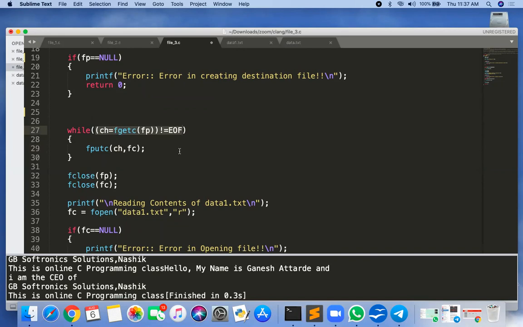So I'm generally using the gets function. What is the gets function? The gets function is generally used to get a string from the user.